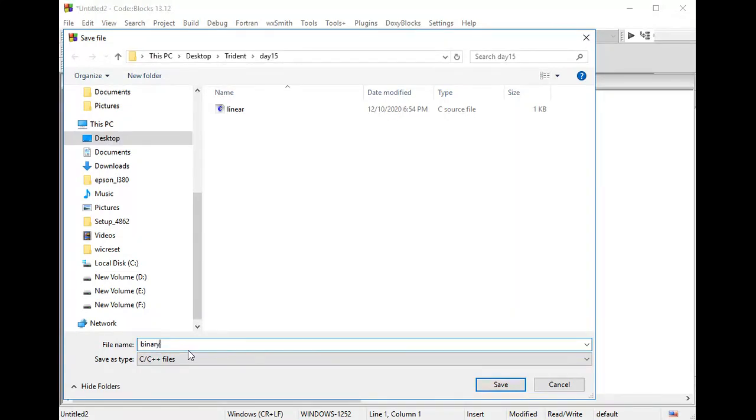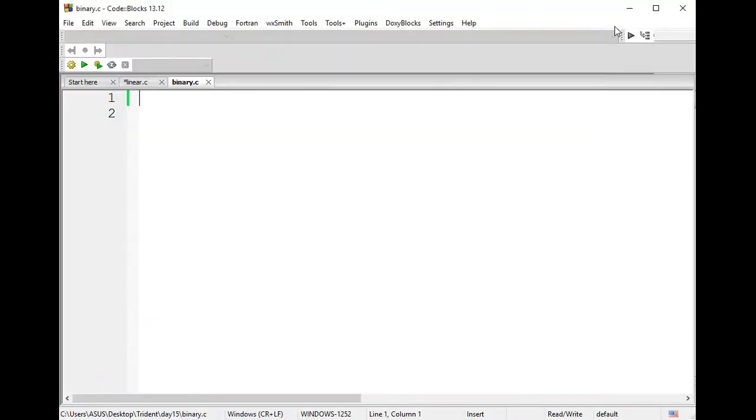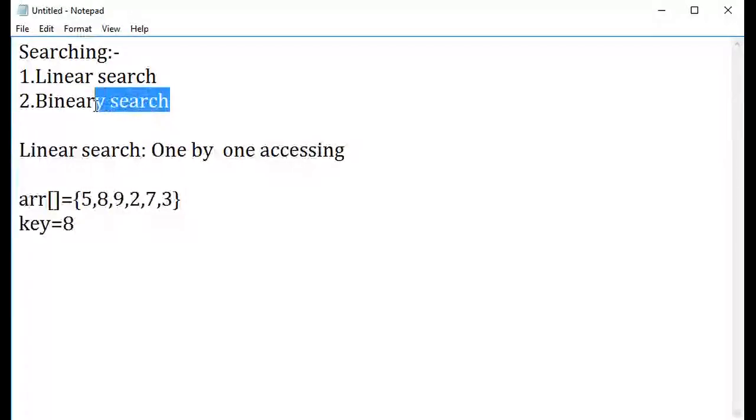Before starting binary search, can you let me know what binary search is all about? In case of linear search, it is searching for data in a sequential manner, which is called linear search. What about binary search? How does it work? Okay, it works on a sorted array. Good point. A binary search works only on a sorted array. Good. For an unsorted array, it is not possible.